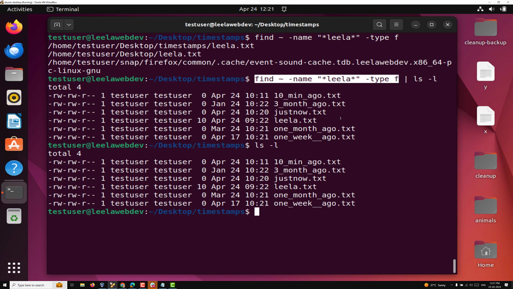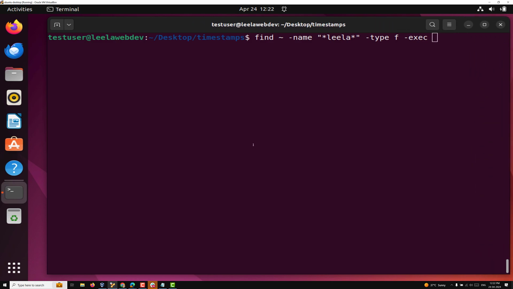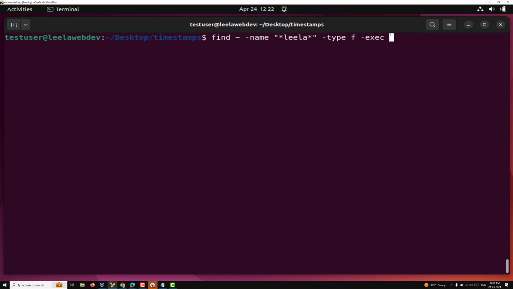So if we want to send the files as input, we need to use the exec option. Here the exec command plays a role. Instead of piping from the find command, I can use -exec. Try to understand this very carefully. Here, in this exec, the first thing is the command I want to execute,